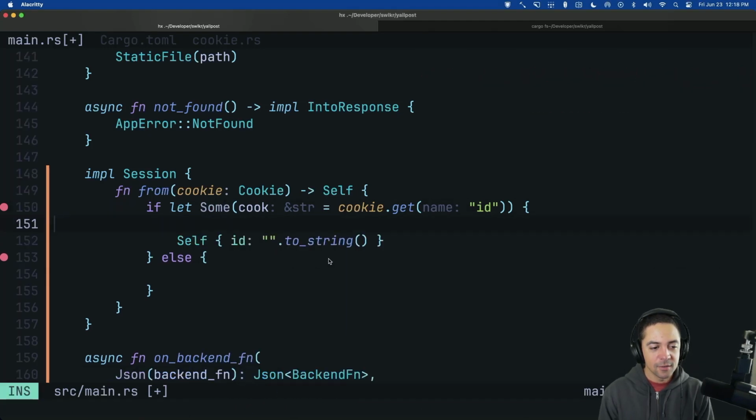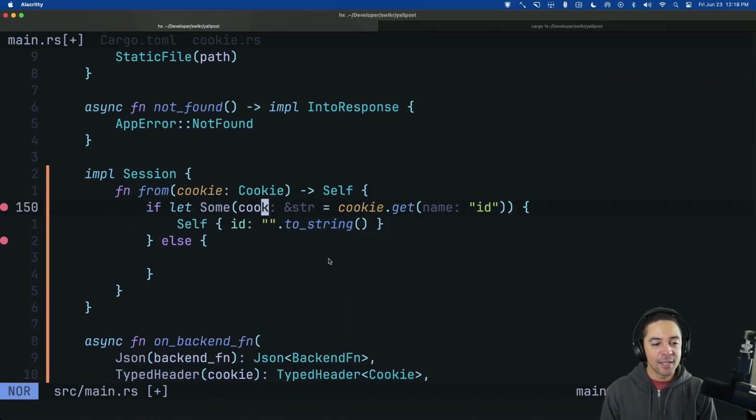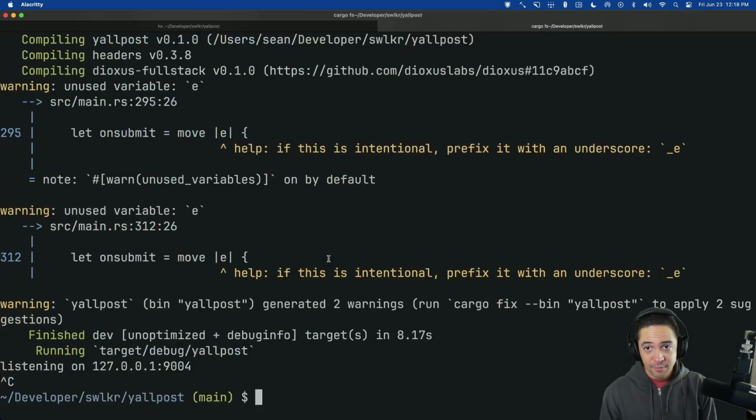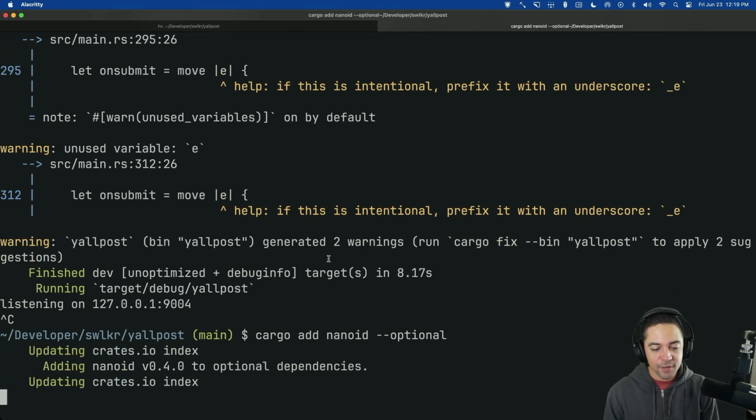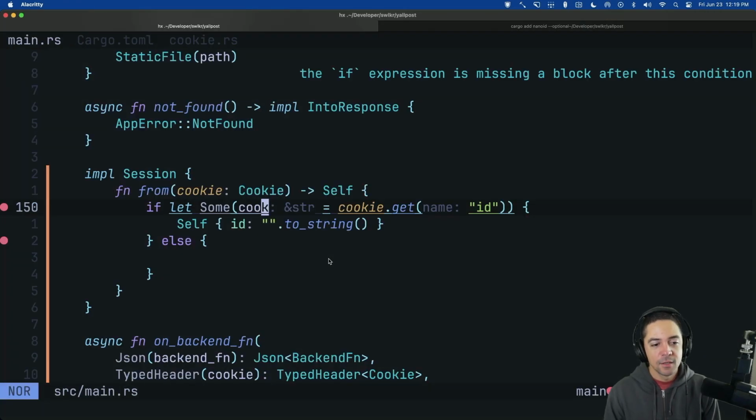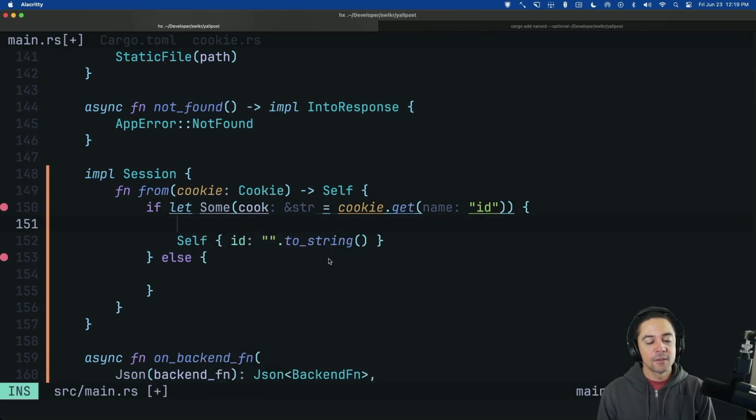Cook is a string. Okay, that's just the nano ID. It's going to be the nano ID, I guess. So let me add that. Cargo add nanoid. Optional? I don't think I need it on the front end. All right. Okay, so cook, and we can say